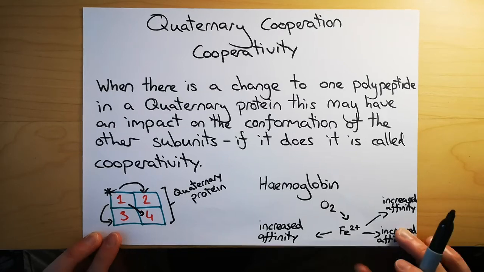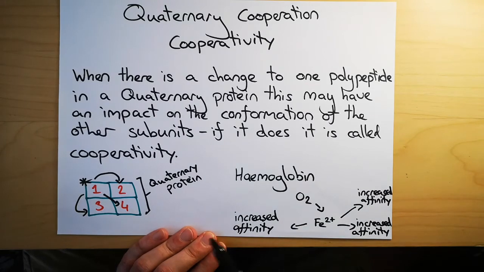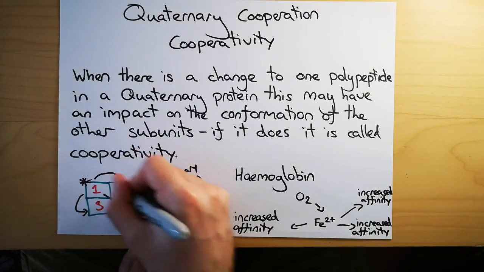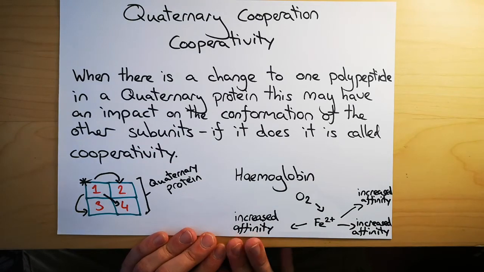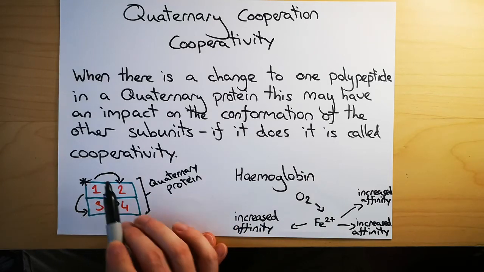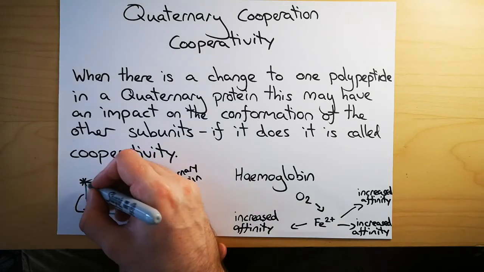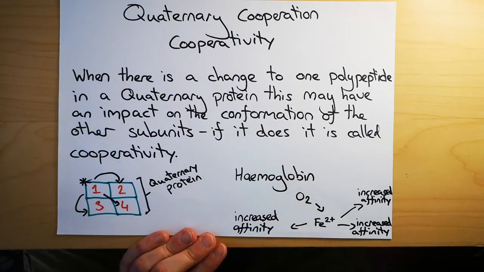Now, the example for this that is spoken about is hemoglobin. So there is 4 heme groups in hemoglobin, if I'm right, I think. It doesn't matter really about the numbers. It's more the idea that's important. So if there's 4 heme groups, there's 4 positions for O2 oxygen to bind to, and they will be binding to the iron ion. Now, as soon as you get oxygen binding to 1, the affinity for oxygen in the